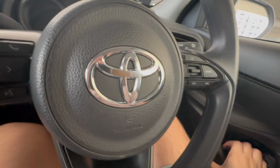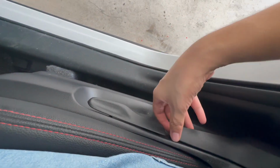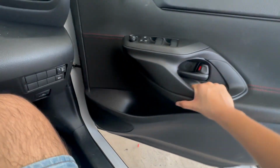So yeah, and for the seats itself, let me just show you how to do that. Basically, there's these 2 levers right here which you guys can adjust. Basically, this is to adjust the height, this is to adjust the angle of the seat itself. So yeah,